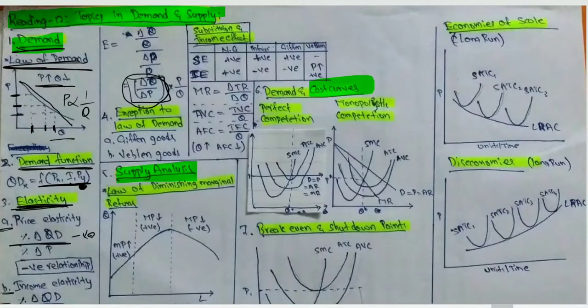Exceptions to the law of demand. Normally the law of demand is downward sloping, that is, when price increases the quantity demanded decreases. But in certain cases there is a positive relationship between price and quantity demanded: when there is an increase in the price of a good, people start buying more of the good, and when there is a decrease in price, people start consuming less of that good. Example, there are two exceptions, that is gift